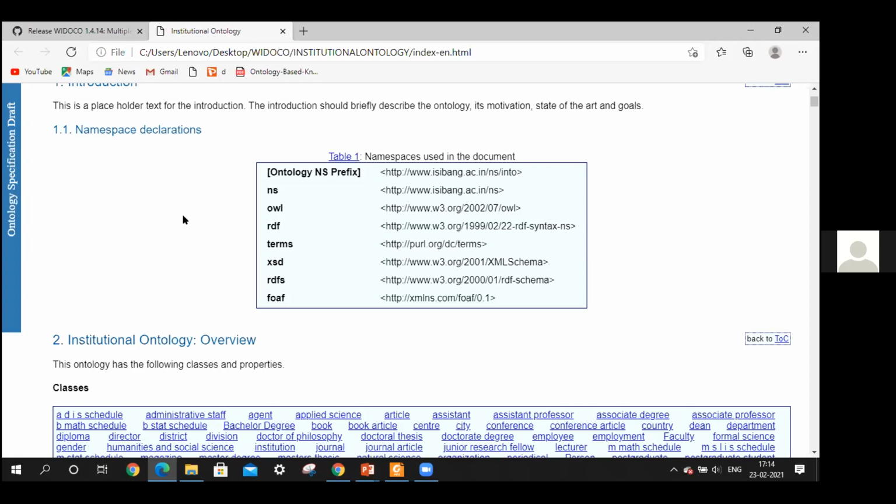For other things, it's already there by default. So the other vocabularies that have been used in constructing this INTO ontology are also listed here, and this comes by default, automatically.